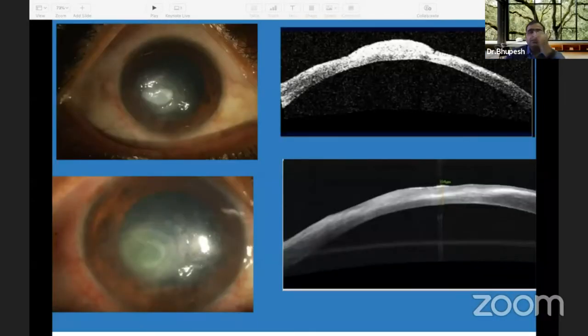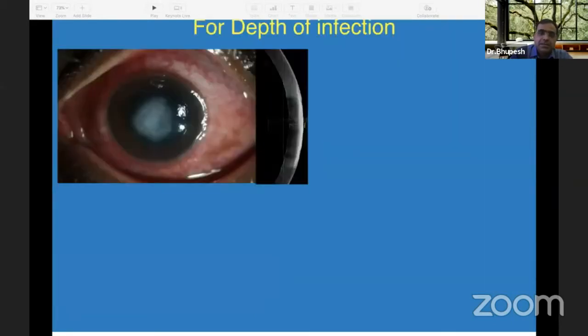So as we know, we are using OCT, as previously mentioned in the last talk, for planning of keratoconus and others. But we also use it for follow-up of microbial keratitis, as we see in this particular patient that it was a plaque, and in follow-up there was basically disappearance of the plaque.